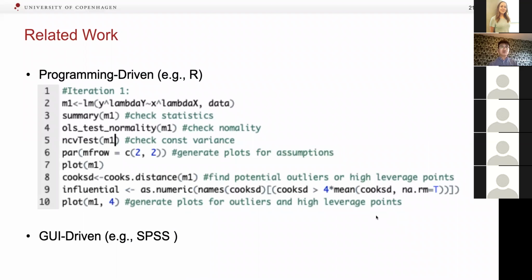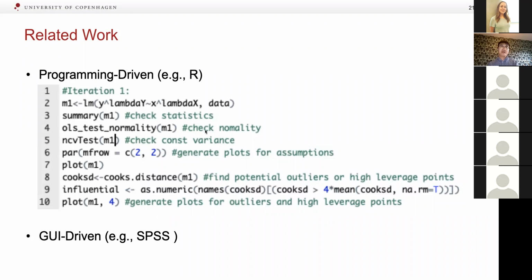The following R code describes one iteration of refining and validating a model candidate by tweaking lambda 1 and lambda 2. As you can see, there are several steps. So first, users need to pick a combination of lambda 1 and lambda 2. Then they check the statistics of the fitted model.